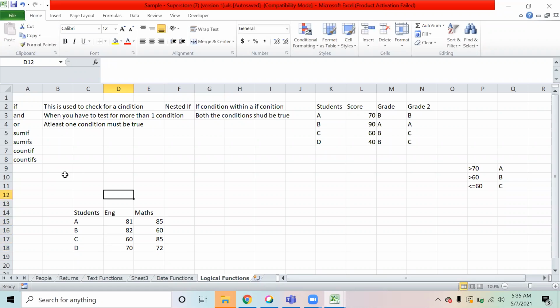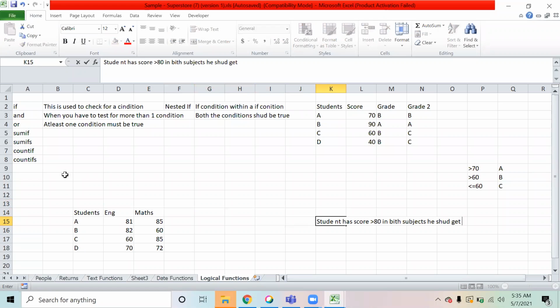Okay, see, now what we want to do is, the college authorities, the school authorities, have said if a student has scored more than 80 in both subjects, he should get grade A, otherwise grade B. So what we are saying is, we are checking for two conditions: if the person is more than 80 in English and maths also, he will get a grade A, otherwise grade B. So technically he should have more than 80 in both the subjects.